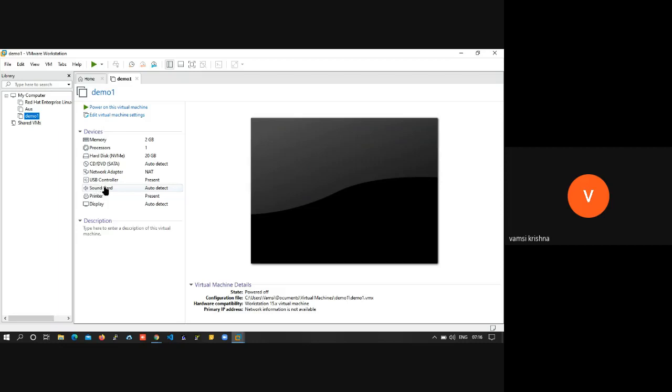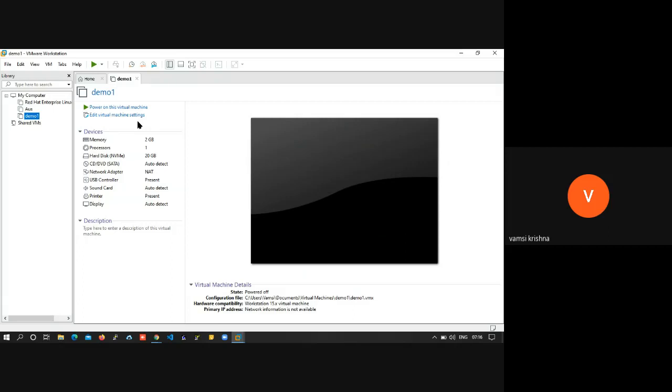You will be having a sound card, a USB controller for inserting the mouse and all these things, and a network adapter to connect to your network, I mean, to connect to the internet. That is fine. Did we install any operating system inside this server? No. This is just a server. You can say just now we have created a virtual server, or just now you have bought the server